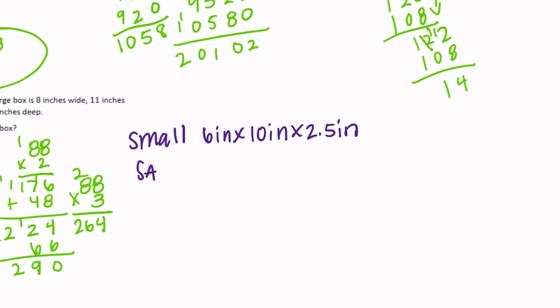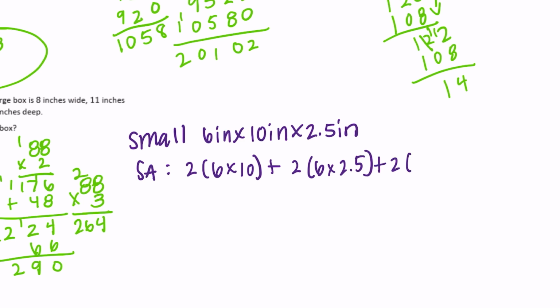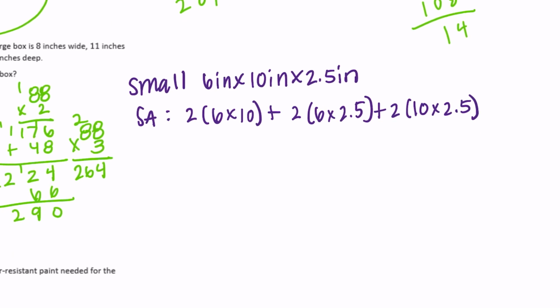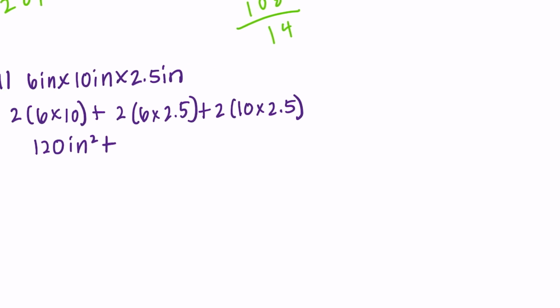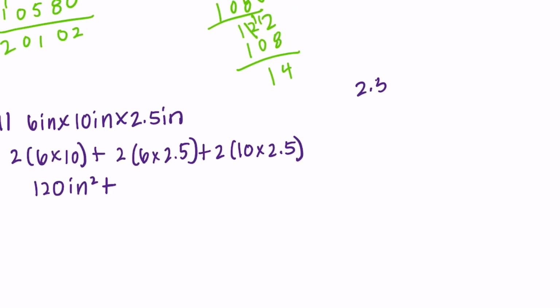So we would have 2 groups of 6 by 10 plus 2 groups of 6 by 2.5 plus 2 groups of 10 by 2.5. So 6 times 10 is 60, times 2 would be 120 inches squared, plus 6 times 2.5,